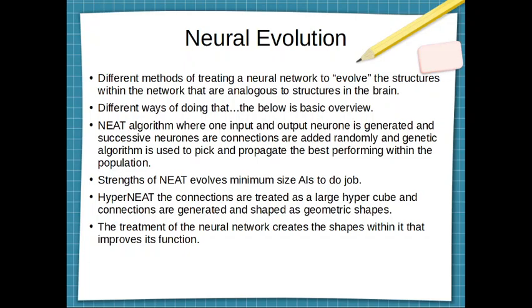So the NEAT algorithm is the idea you start off with one input and one output, and just successively over time you add in a new neuron and add in or remove connections each time, and the number of neurons and the connections between them represents the genome of the AI, which is what we're trying to evolve. Then the strength of NEAT is that it evolves a minimal size AI to do the job. It's very efficient in that manner, but it doesn't really kind of work for